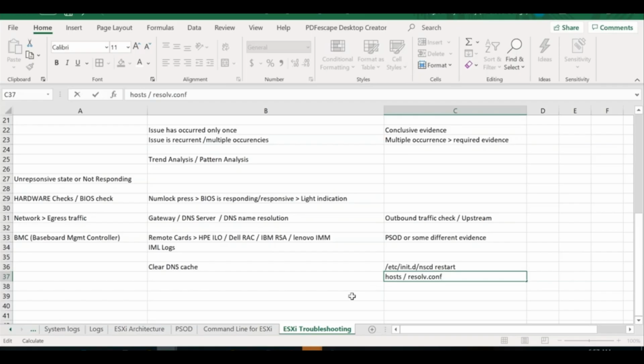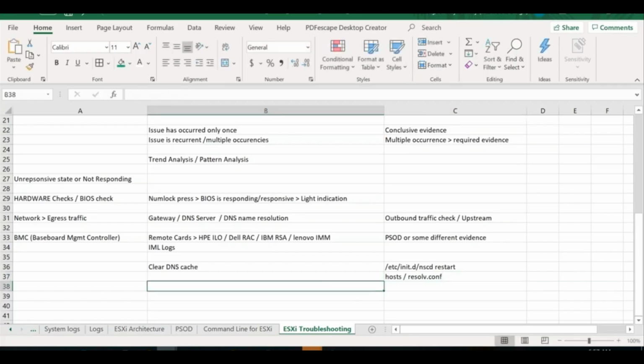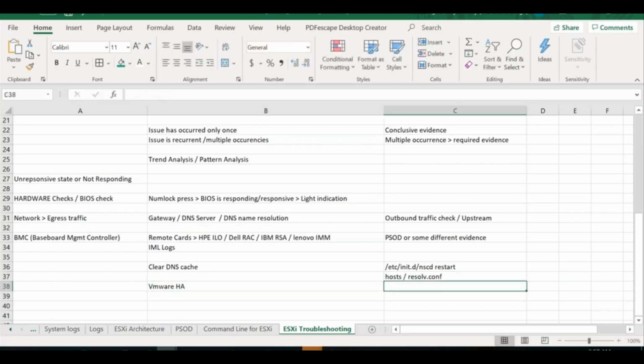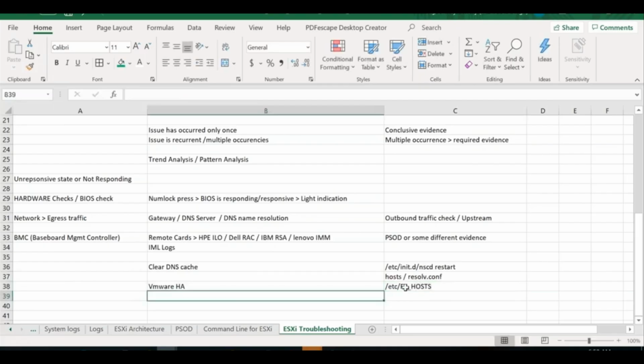So yeah, I'll also say one more thing a little later. Even if your system is part of HA, there are some more different files you have to check. If it is HA, you have to check the etc/ft_hosts file. That is a little different. I'll talk about this when we talk about fault tolerance, but I'll just mention it here